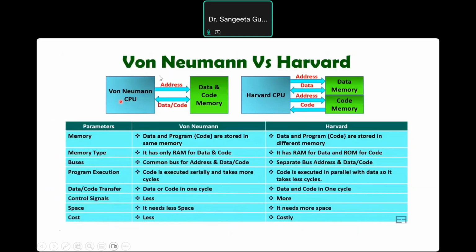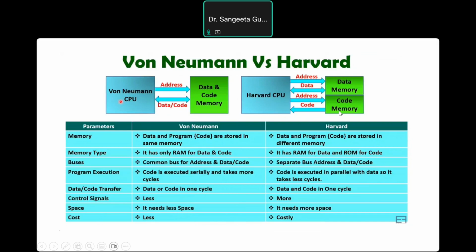The main difference that we have seen is in terms of memory, where in von Neumann architecture, both the data and programs are stored in the same memory, whereas in Harvard architecture, data and programs are stored in separate memories. When it comes to the type of memory, RAM is used to store both the data and programs, or a set of code lines, in von Neumann architecture, whereas in Harvard architecture, RAM is used to store data and ROM is used to store